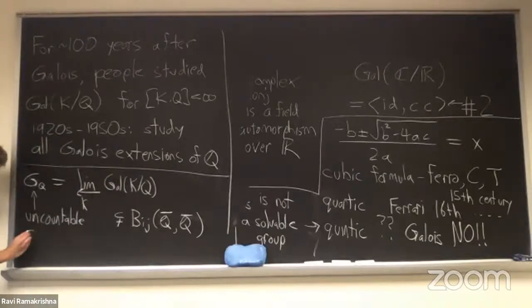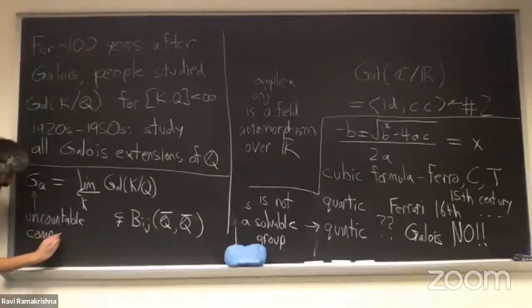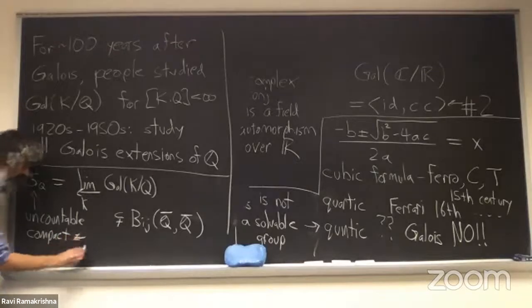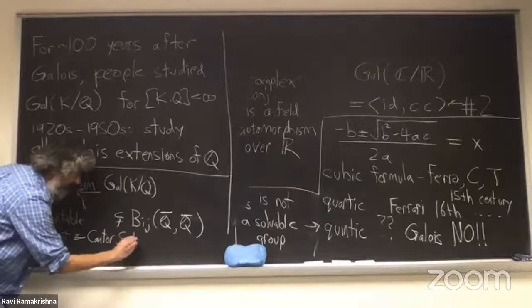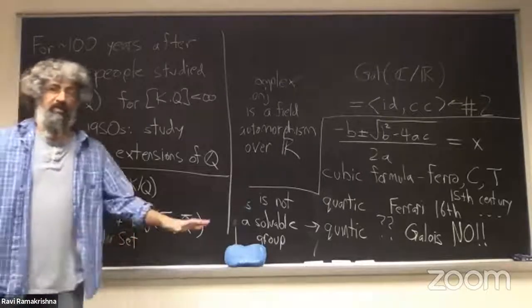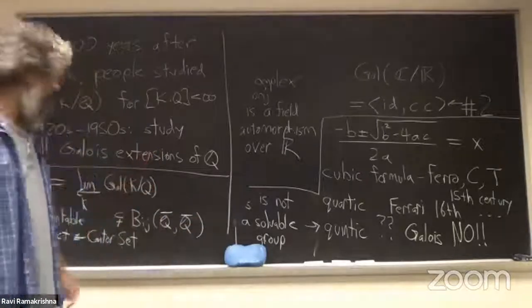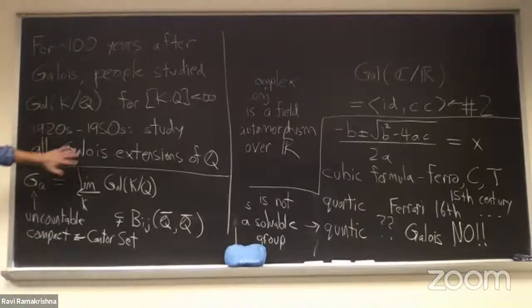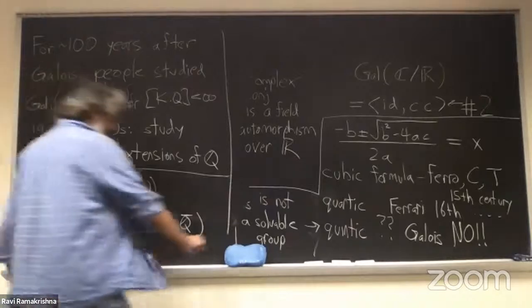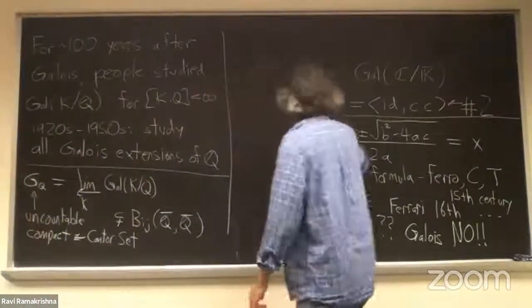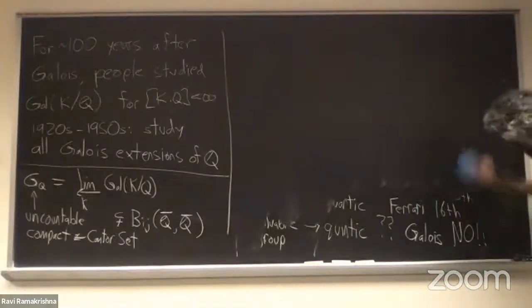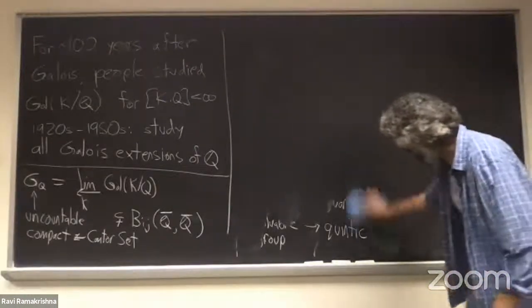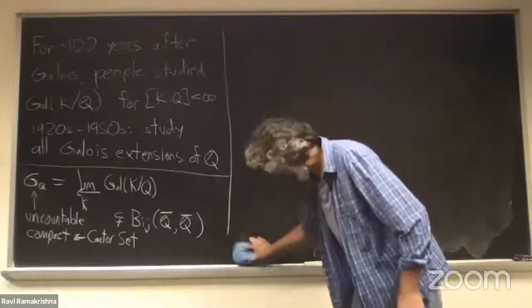It has a topology. It is compact. And I won't go into too much of the details, but it looks like a Cantor set. It's compact and totally disconnected. So it's a very strange object. Strange looking if you don't spend your time thinking about these things. And a thing I like to say about it, which is open to dispute, I think, but I think that can be healthy, a little bit of dispute,